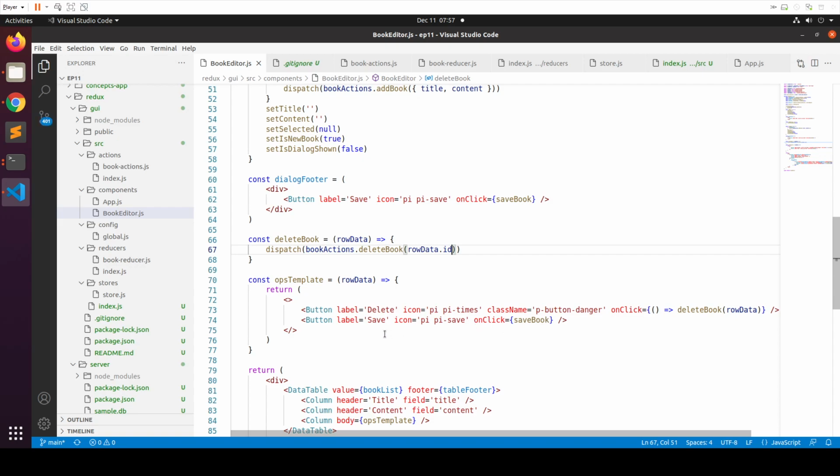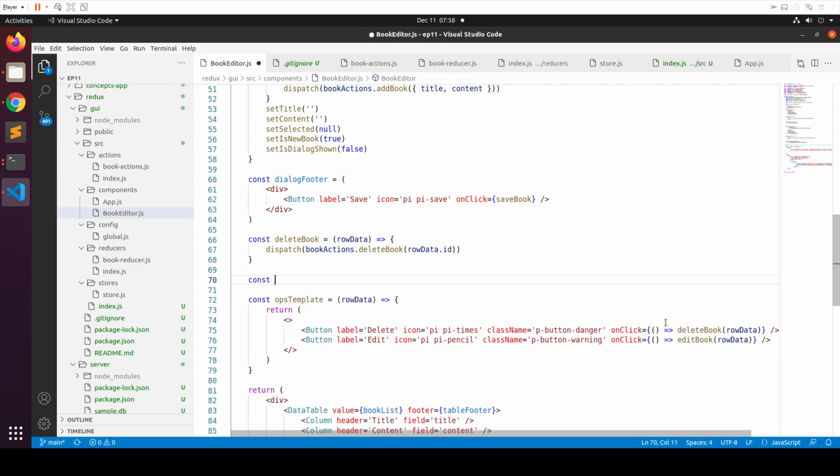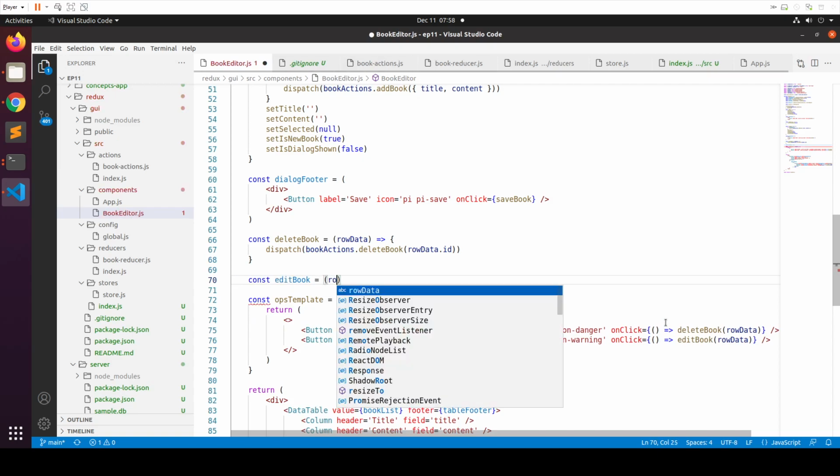Well, how about edit? Well, it's going to say edit, and it's supposed to open the form, right? So typically it's going to be this. So pi pencil. It's not as dangerous as delete, so it's going to be p button warning, and it's going to do something similar. It's going to do edit book, which doesn't yet exist, of row data. So edit book of row data